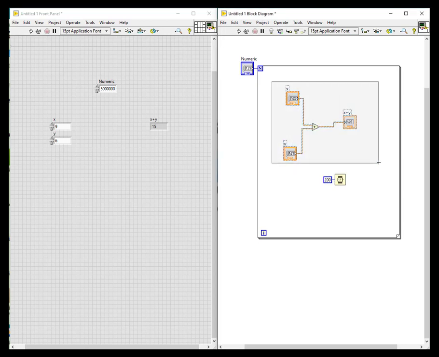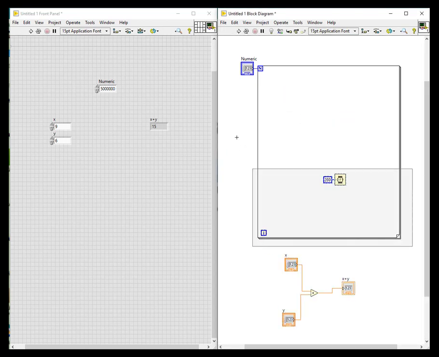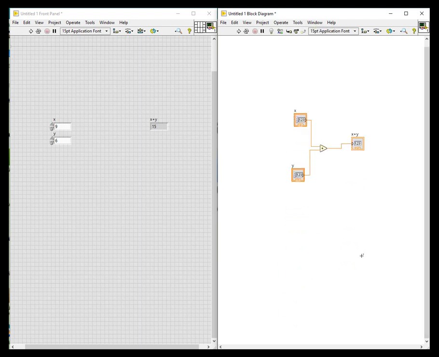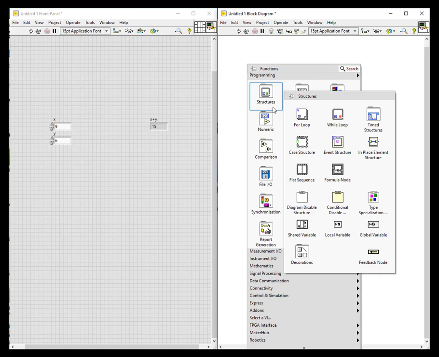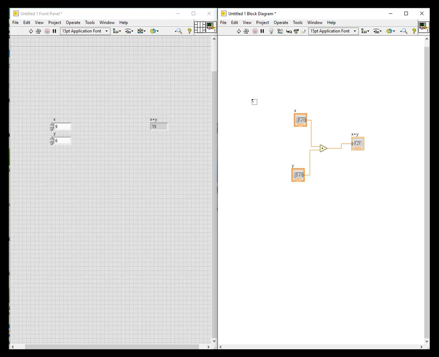So now let's go to the case structure. The case structure is very interesting, and I already told you that you can utilize the if loop. You can have an if loop in LabVIEW. So how can we get the if loop? That is hidden in the case structure. So what is an if loop? If the statement is true, then it will be executed, or else the other one will be executed. So the case structure will be doing the same.